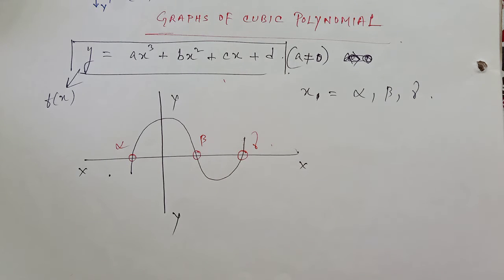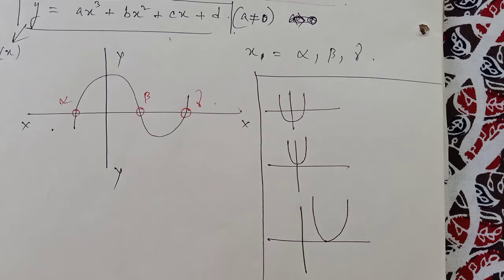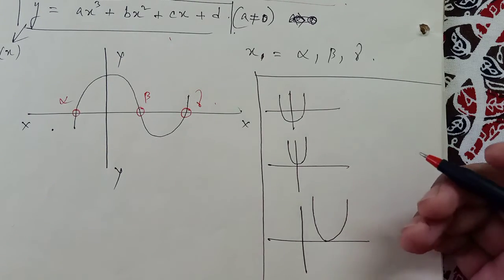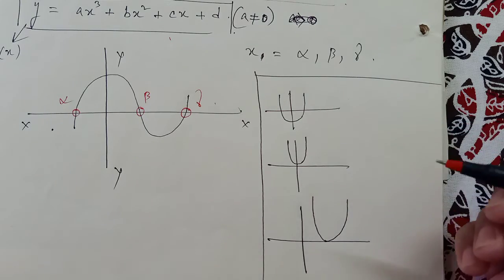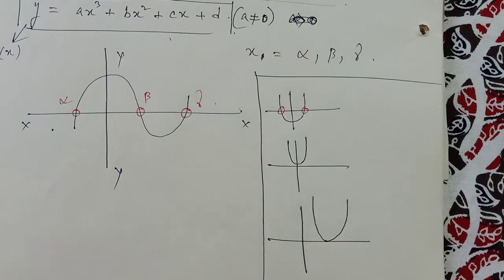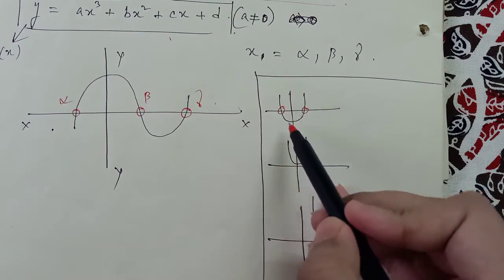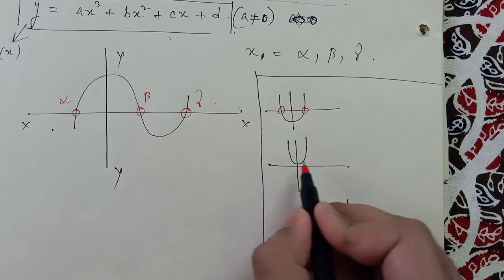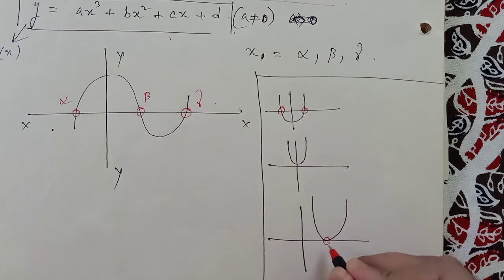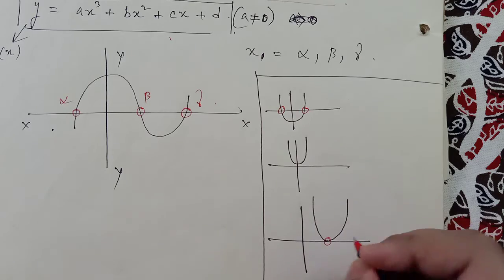Okay, so I hope the concept of the graph and the graphical analysis of quadratic and cubic polynomials is clear. Some important points I should give you. See students, I am taking the case of the graph of a quadratic polynomial. You can have three kinds of graph basically. A graph in which you are getting two zeros, like the curve is coinciding with 2 points. A graph where the curve is not coinciding with the x-axis, and a graph where the curve is coinciding with only 1 point.